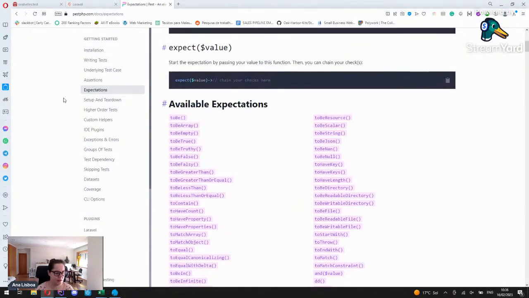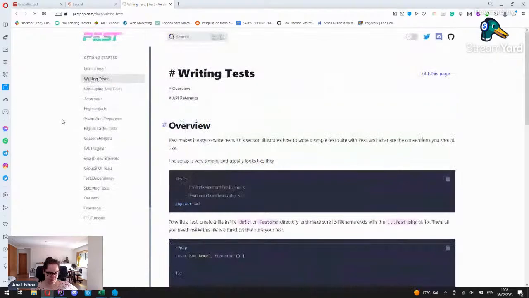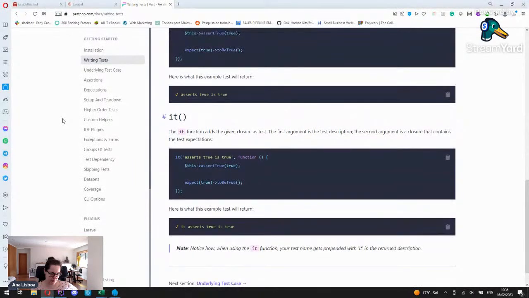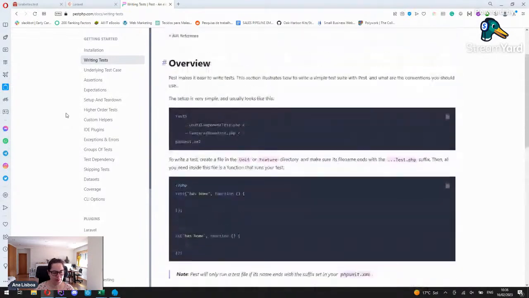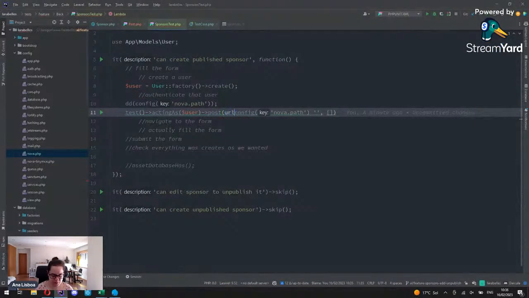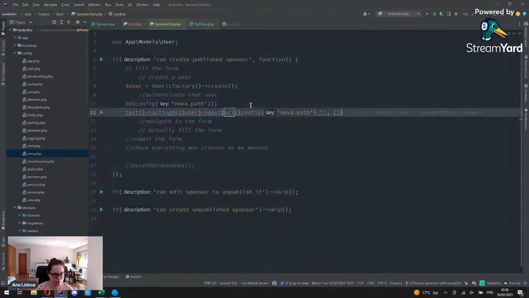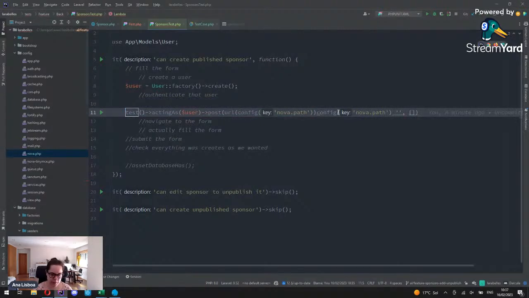Search true, expect. Writing tests. Do we have a post here? We don't. We don't. So let's go ahead and try this. I think we need to pass in the URL. I don't know, but if you do, it's here. Let's pass in the config for the path. And then what URL do we need to go to? We need to,